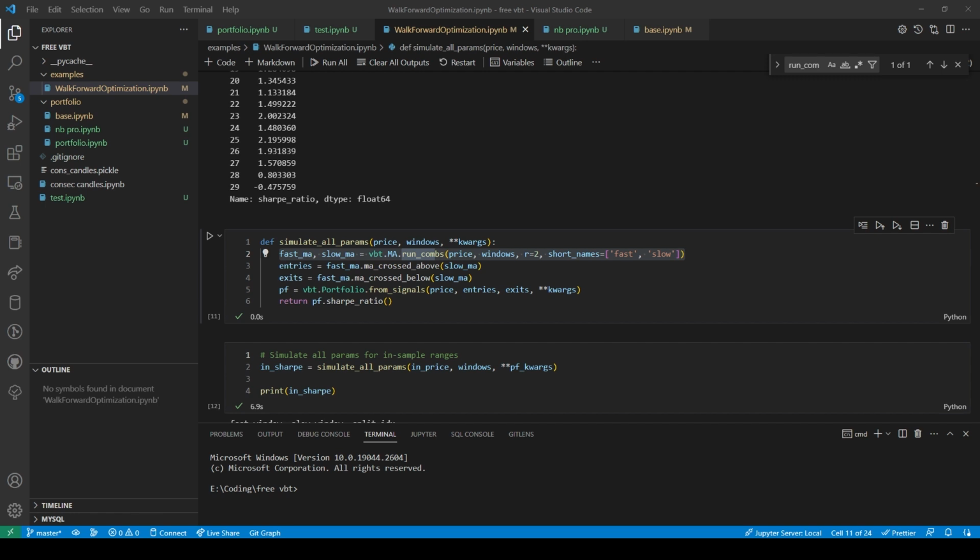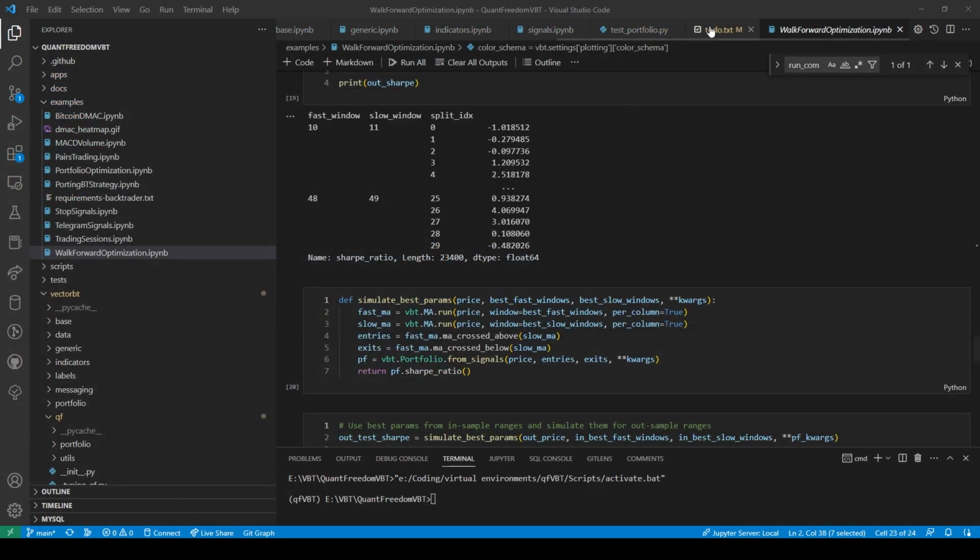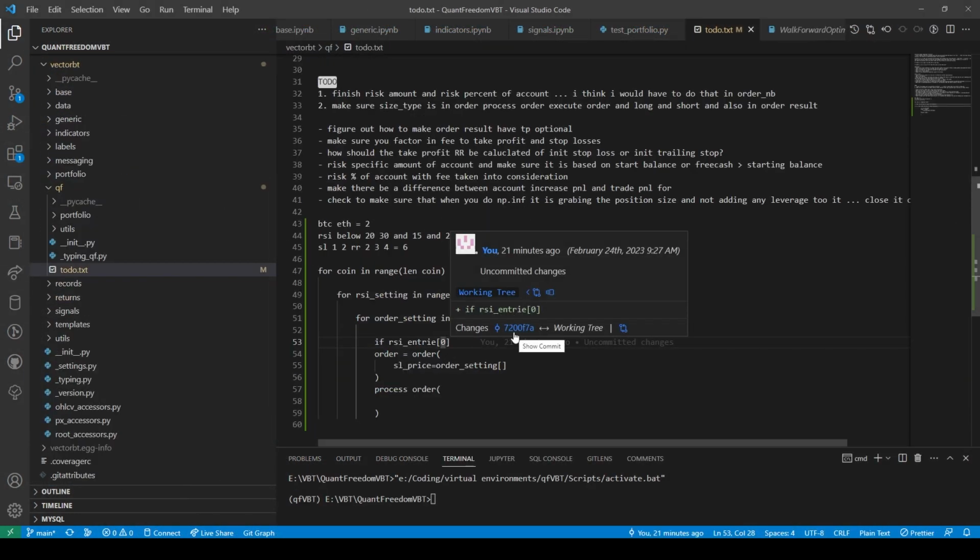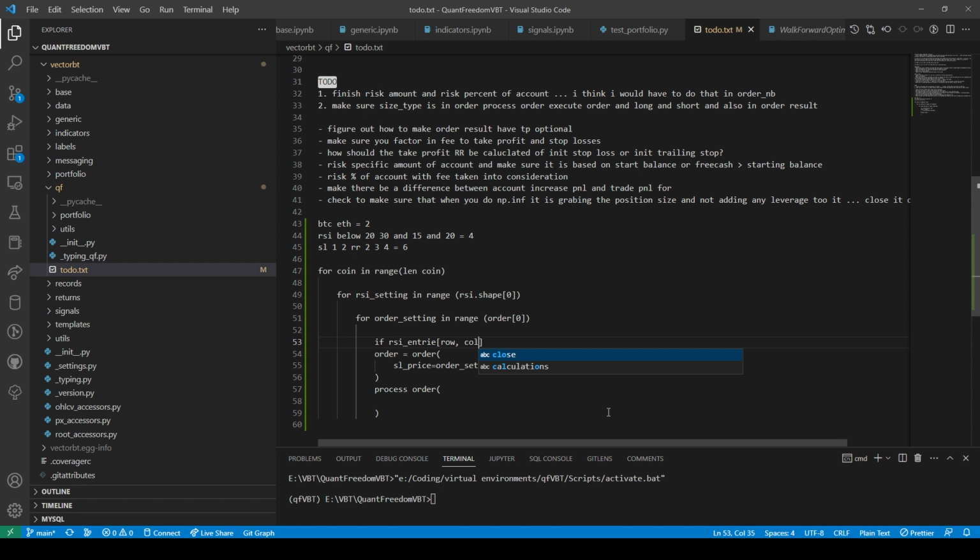Yep. And then from there, I would have to do something to where it would be like, where's my to-do? There would have to be a column. So this is rows and columns. So it would have to be row and column, if RSI entry.